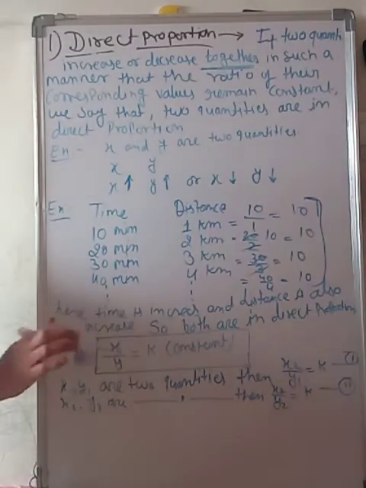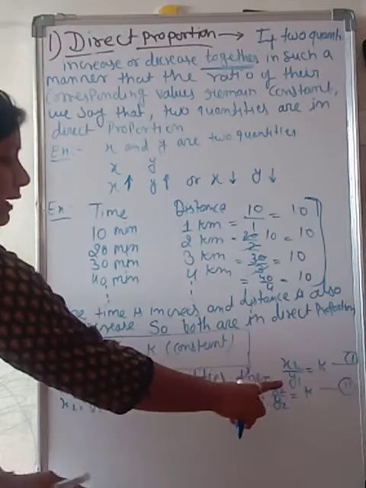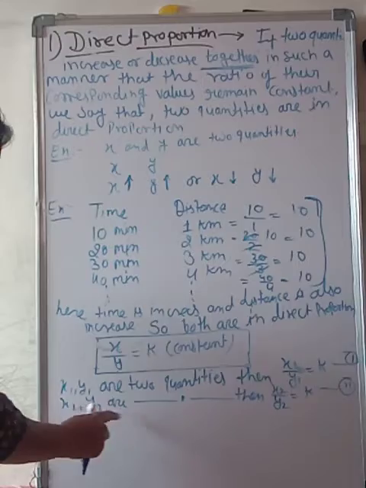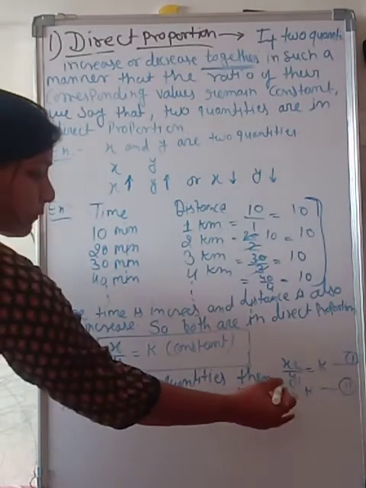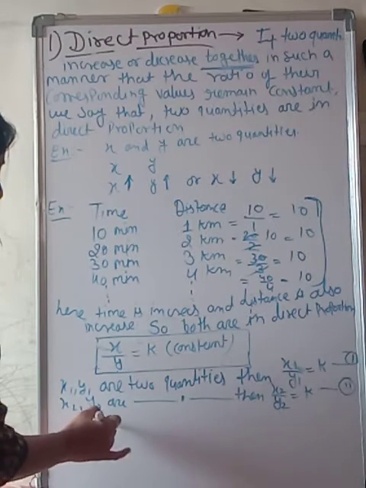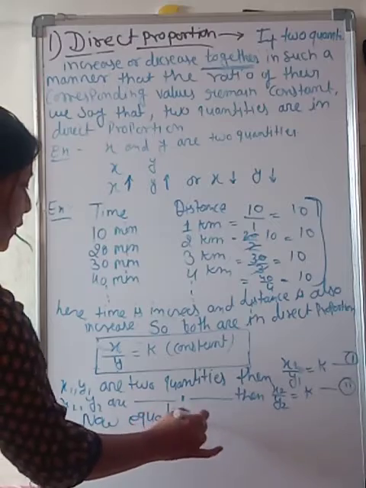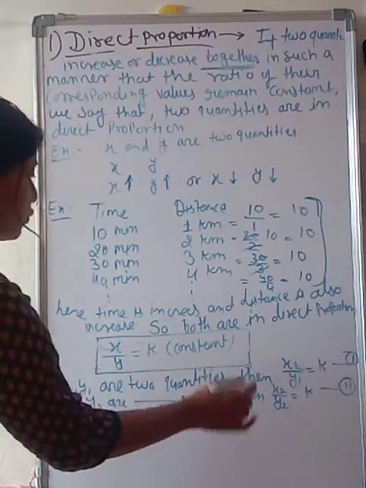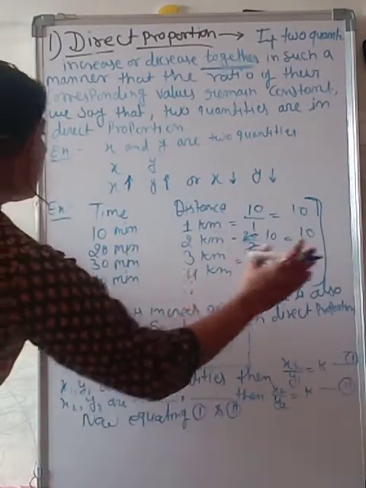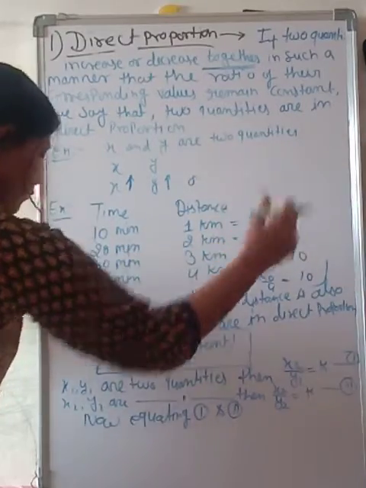Now suppose x1 and y1 are two quantities. Then x1 upon y1 equal to k, that is equation 1. Similarly, x2 and y2 are two quantities. Then x2 upon y2 equal to k, this is equation 2. Now equating equation 1 and 2, you can say